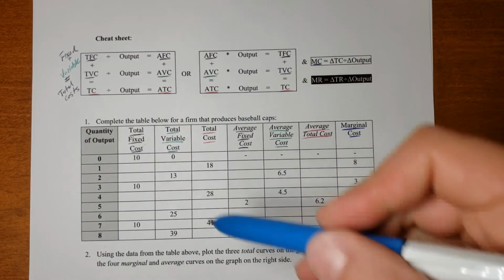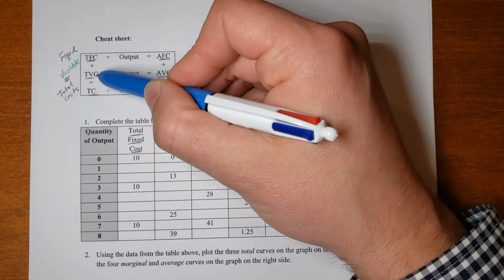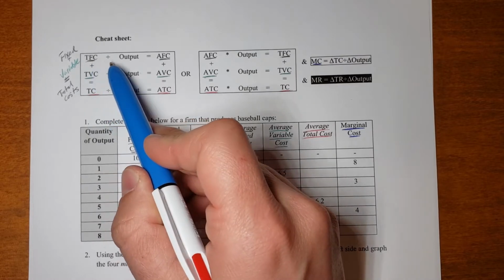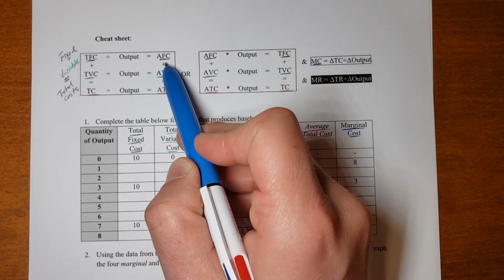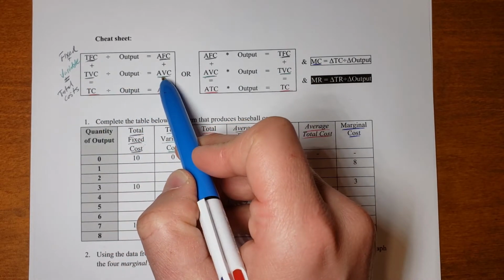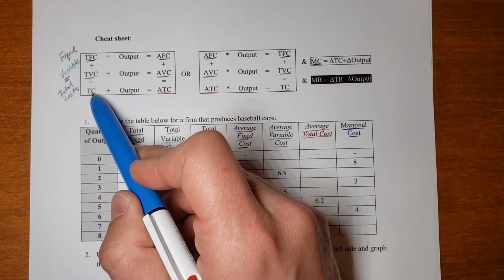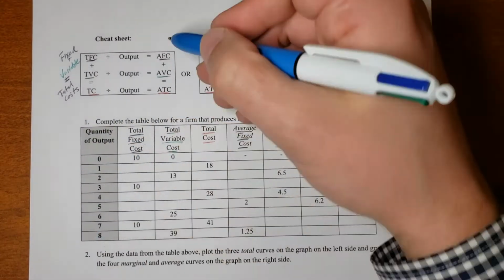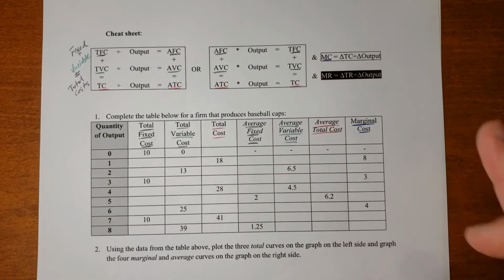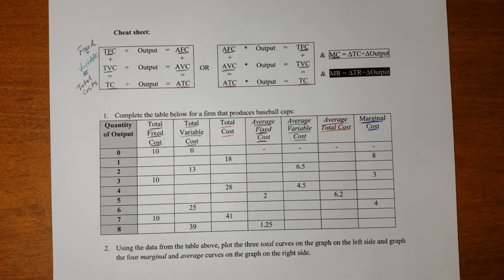Notice that you've got a number of different relationships. You have relationships in this way where you have the total fixed cost and total variable cost equals your total cost. But then if you divide any one of those costs, say total fixed divided by the output that you're producing, that gives you your average fixed. Same is true with the total variable. You can divide that by the output and you get your average variable. And if you take your total costs, that is the fixed and variable combined, and divide it by the output, you get your average total. And then of course there's a relationship this way as well. Okay, and this is sort of just the reverse. So what we're going to do is just sort of dive right in and understand these different relationships by doing.